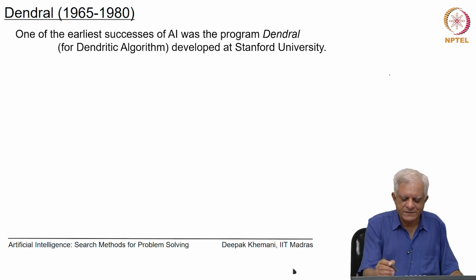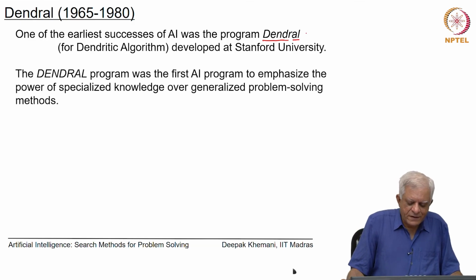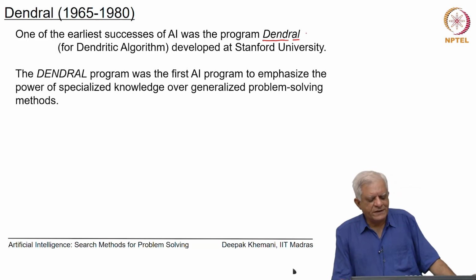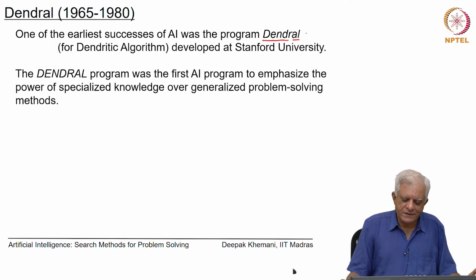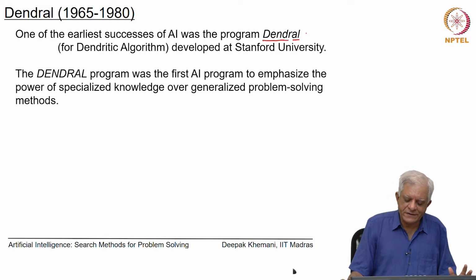This Dendral program is basically in 2 parts, dendritic and algorithms. So, it got its name from there. It was one of the first programs to emphasize the power of specialized knowledge over generalized problem solving methods. So, we have seen throughout this course that search based approaches to problem solving, which are general approaches, run into what we call a monster called combinatorial explosion or exponential growth,